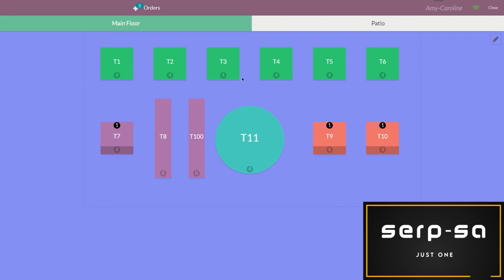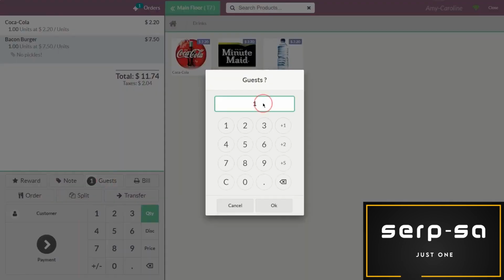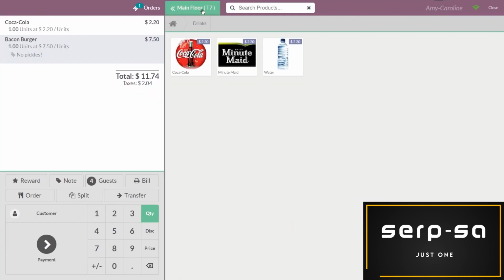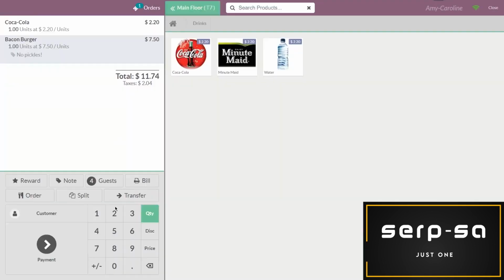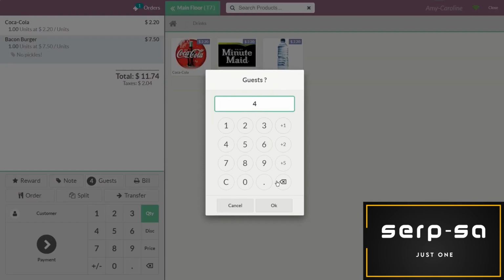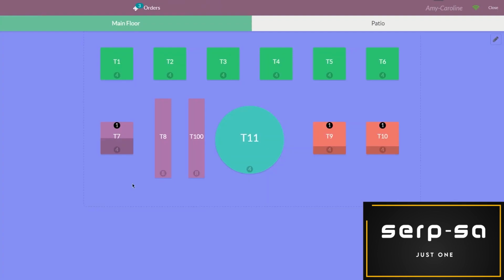So here we see the full color of all of these tables, but you're going to notice on these tables that have some orders, they're a little bit darker. So actually what happens is the table will fill up depending on how many guests you add. So let's add 4, which is max capacity. I'm going to go back to the floor. We see that it's a darker purple now. And if I change that again to 2, let's say, we're going to see that the table is not at